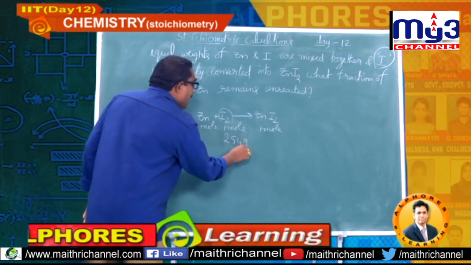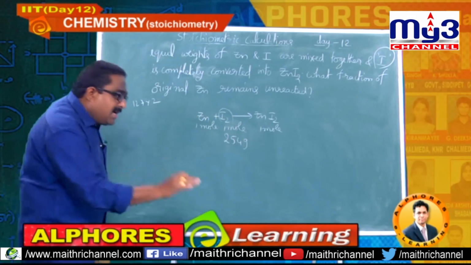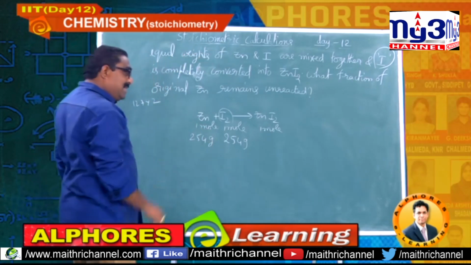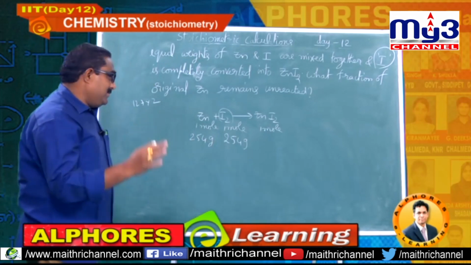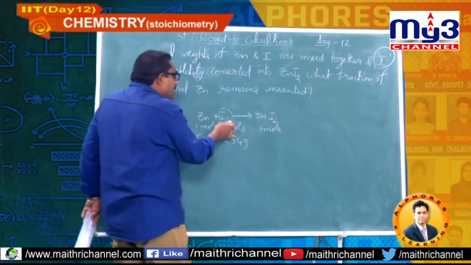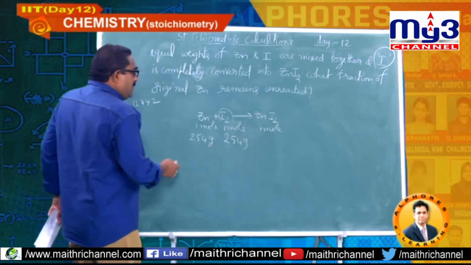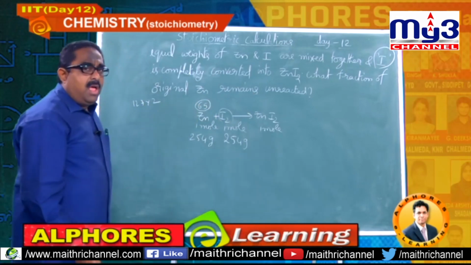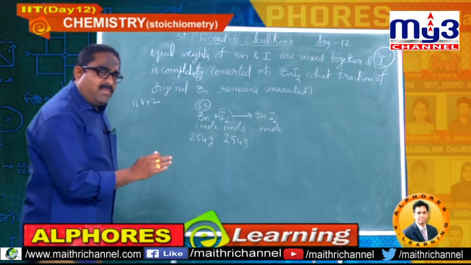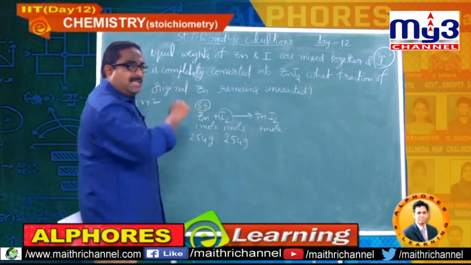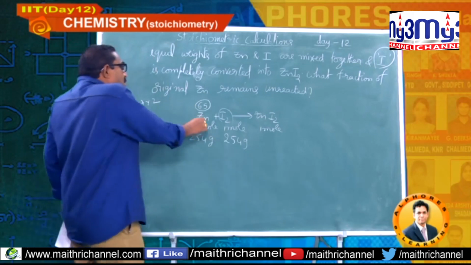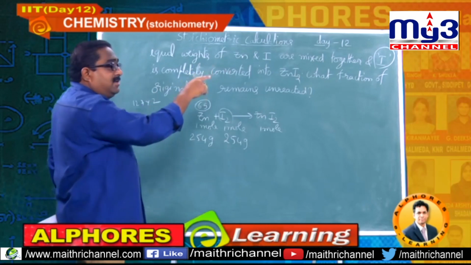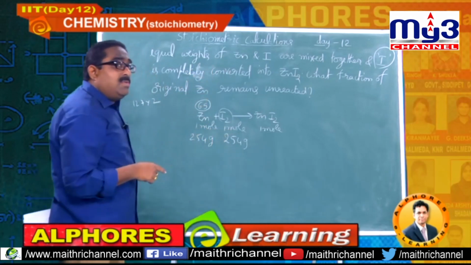Iodine I will take 254 grams, the same amount of zinc also I will take, because he has given equal weights. Let me check what will happen. 1 mole reacts with only 1 mole. What is the 1 mole mass? Zinc atomic mass, simply you can take it as 65.4. For simple calculations I am going to take it as 65, no problem. So 1 mole reacts only with 1 mole, and he is saying iodine is completely converted. It means iodine is completely consumed, the limiting reagent.